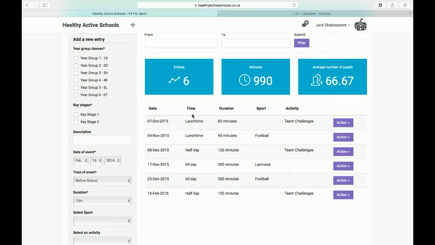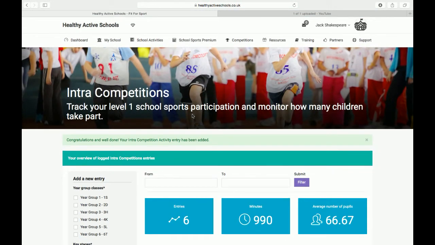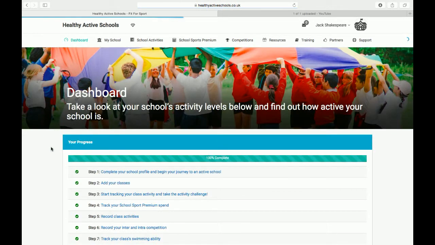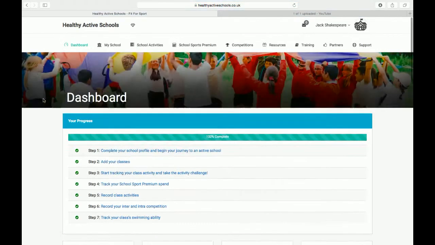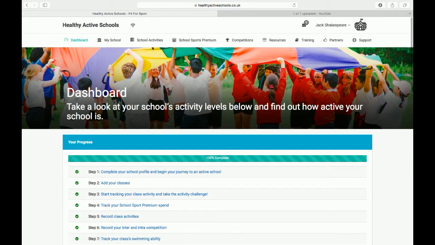What's great about adding data for competitions and other physical activities is that I can then go back to my dashboard, and when I scroll down, the number of competitions goes up straight away. So it's a really good way to instantly show that data entry. If I go back to intra competitions,